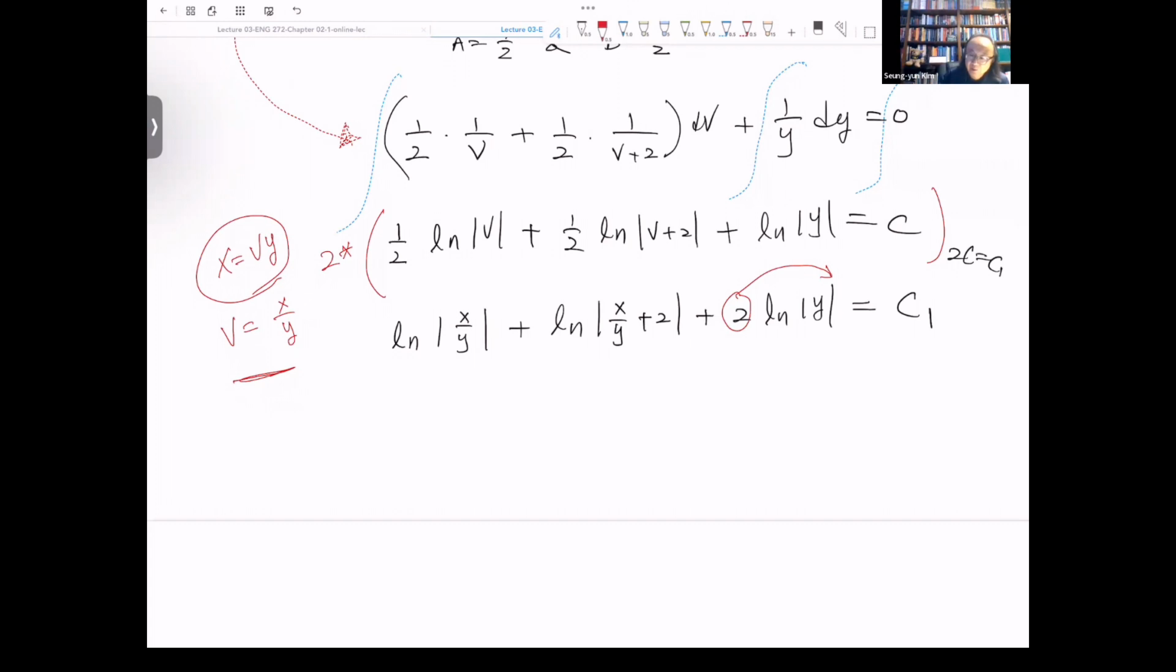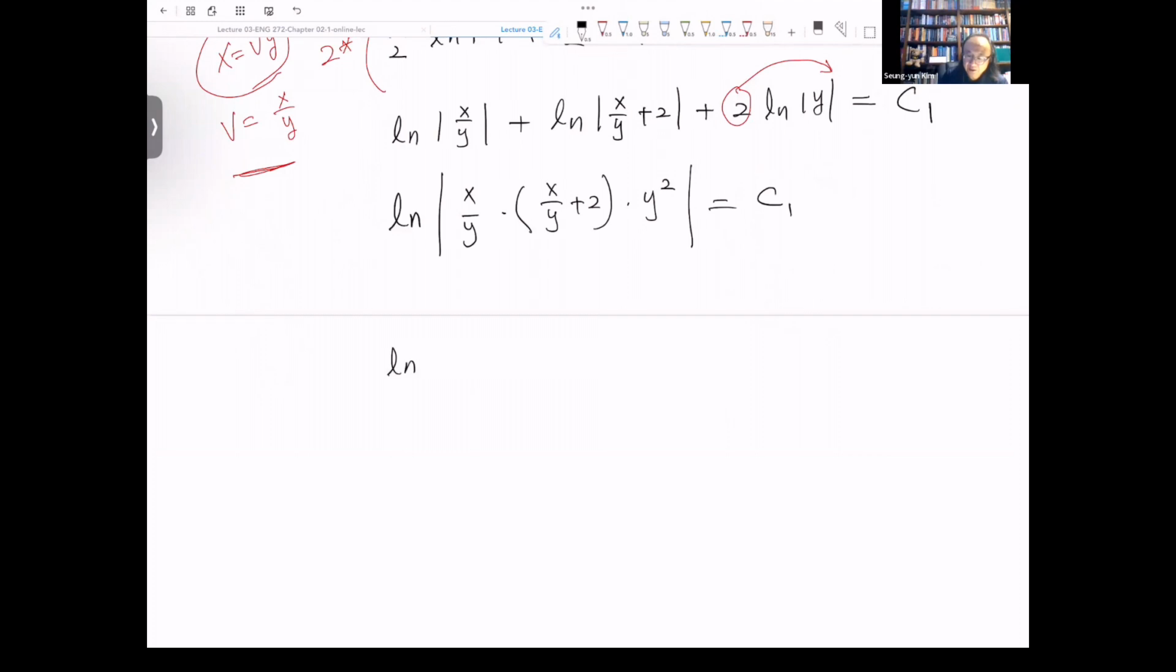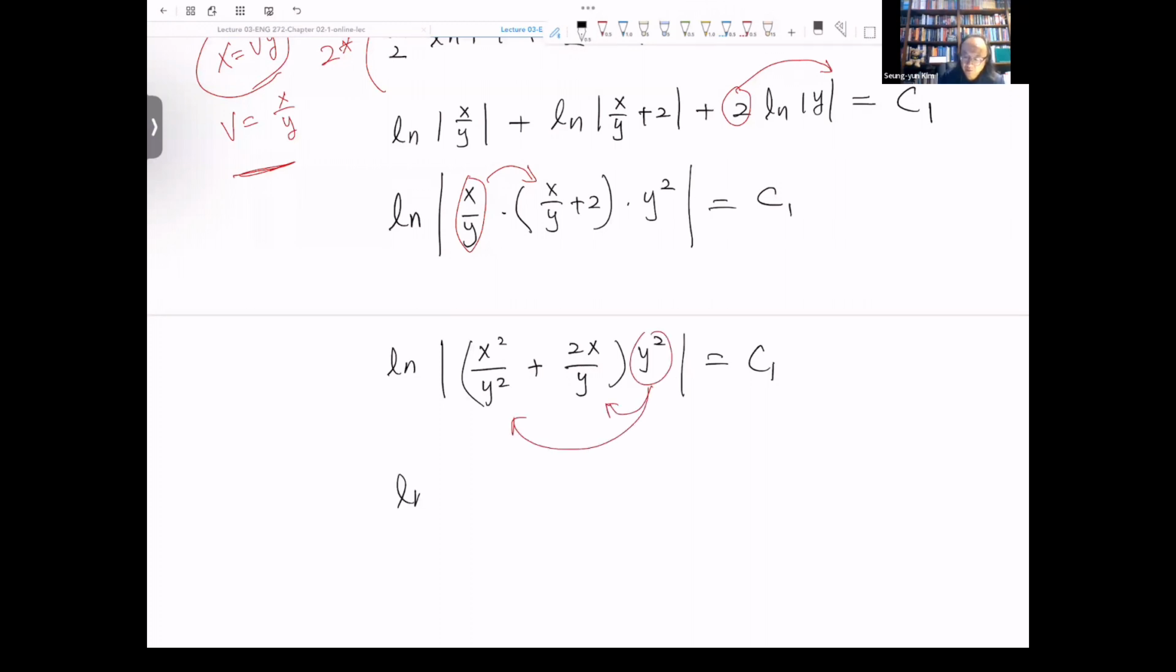So if we combine ln, we have x over y times x over y plus 2 times y squared. Then ln, putting x over y inside the parentheses, x squared over y squared plus 2x over y, and then y squared, ln of x squared plus 2xy equals e